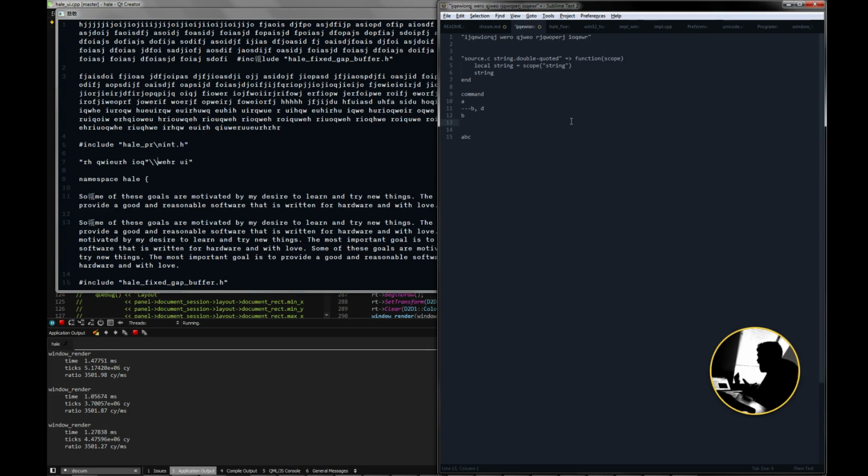And that's the idea for Vim-like modes in Hale. So it's little tiny modes, micro modes, if I can say that, that will allow you to build up really good stuff just from really simple